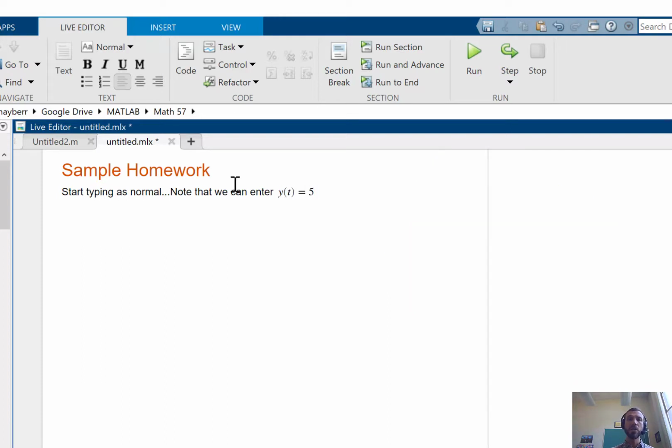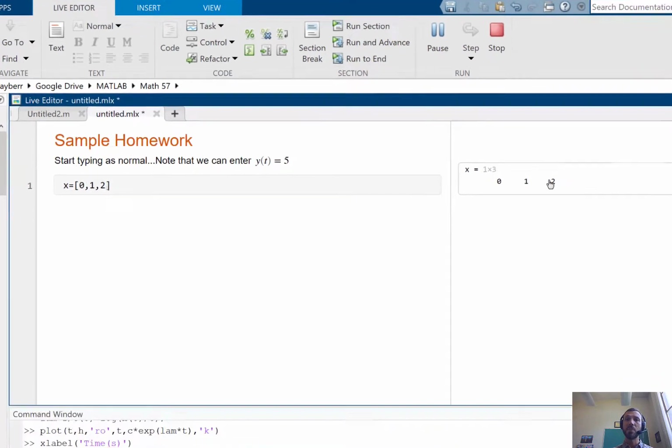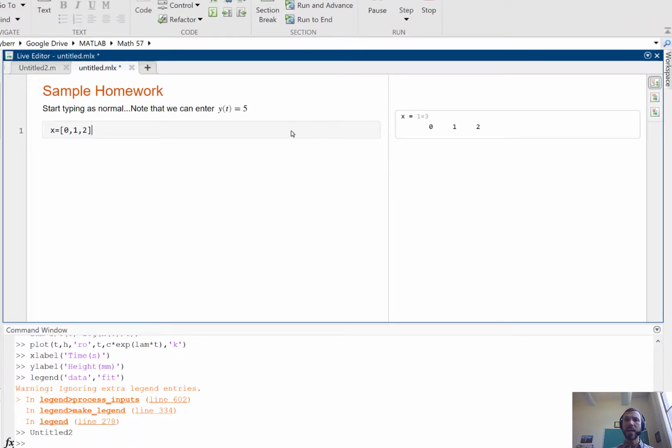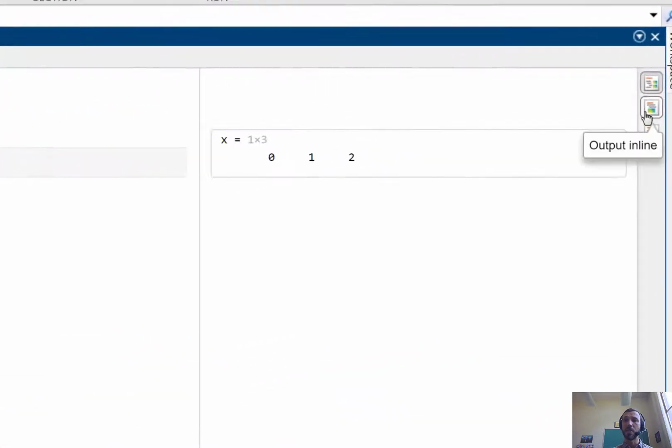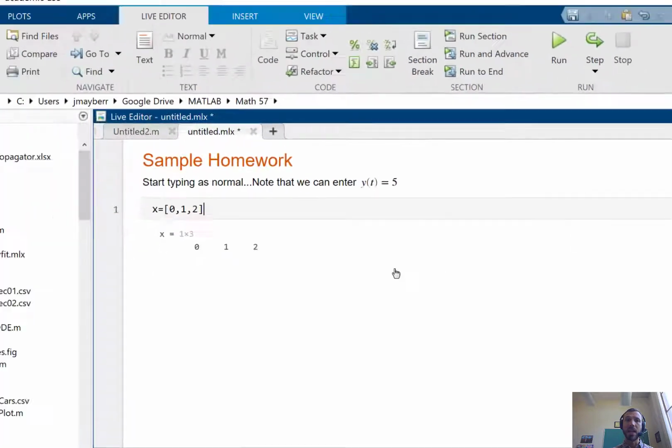Now if you want to switch to a code section, simply click on the code button, and then you can start typing some code. For example, if I wanted to enter the vector x, which is 0, 1, 2. And now if I run this code section, you'll see that Matlab will perform the operation, operating a little slowly today as we all often are under COVID, and it will display the output to the right. If you don't like this kind of side-by-side view, you can click on Output Inline and see it below the